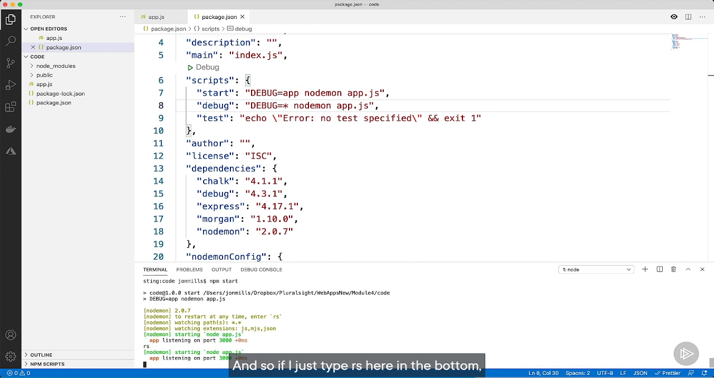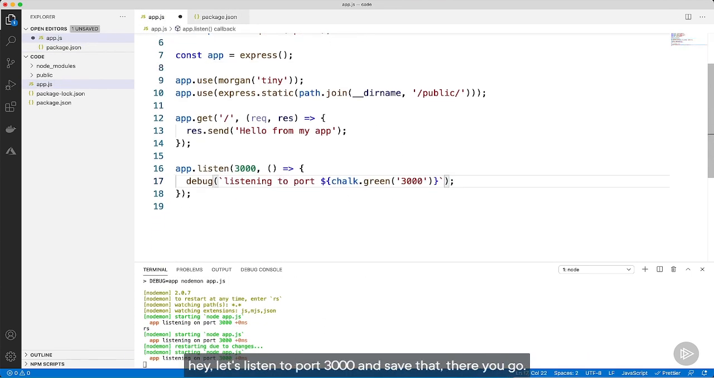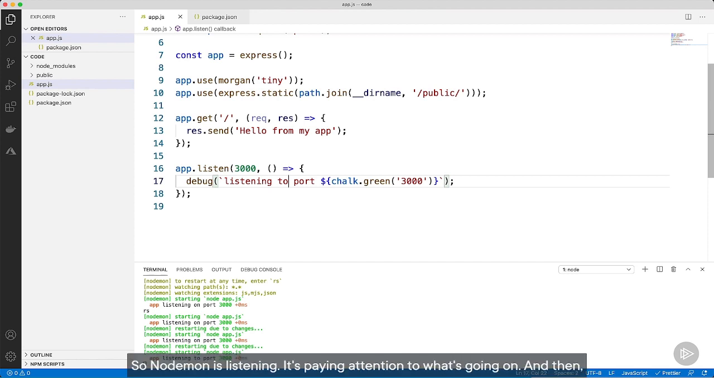So if I just type RS here on the bottom, it's going to restart. Now, if I come over to my app and I scroll down and say, hey, let's listen to port 3000 and save that, there you go. Now we got our new changes. So NodeMon is listening, it's paying attention to what's going on, and then anytime it needs to, it's going to